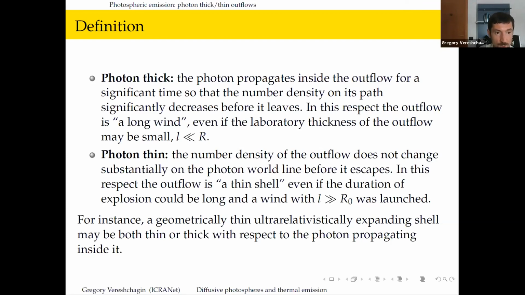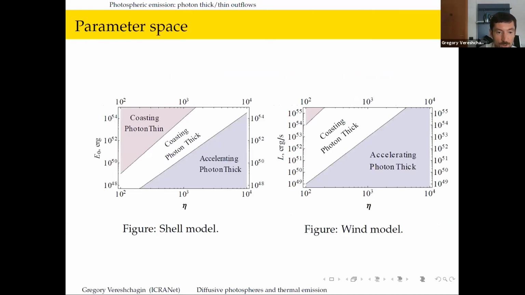So boundaries are not essential for photon-thick flow. Instead, they are very much essential for photon-thin one. And even this effect, the presence of the boundaries, actually points you toward the importance of diffusion. Well, these two pictures just show you, for some parameters fixed,